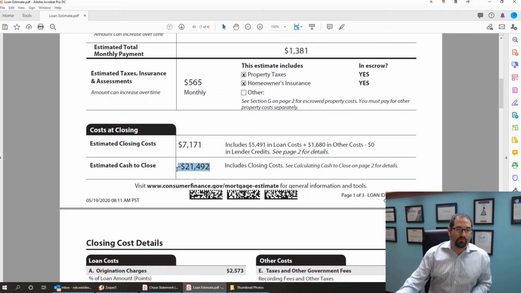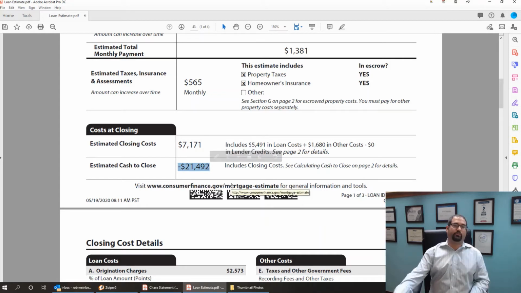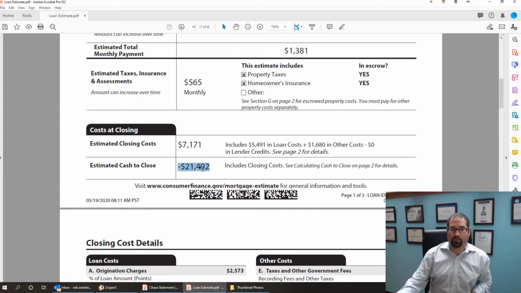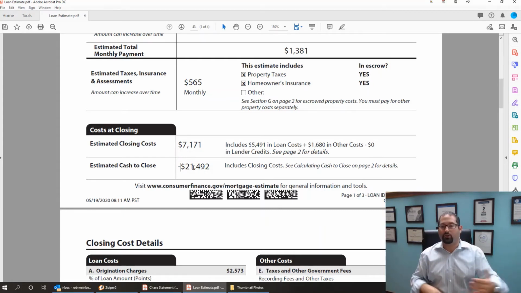In this case, this client asked for $20,000 in cash out. So the way this loan was structured, the loan estimate shows they're getting back $21,492, okay? Now, if this was not a negative number, if this was a positive number and that negative sign wasn't there, then that's money that you actually have to bring to closing or write a check or wire transfer